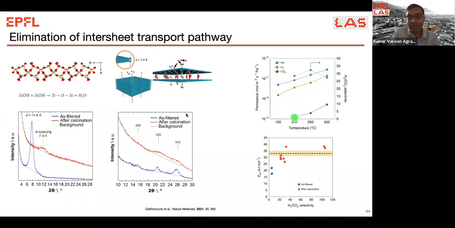And this is very nice because, by the fact that this is zeolite, we can really go to high temperatures, right? So we can go to 300 degrees C and still carry out this separation. So this is one of the few materials that can carry out hydrogen CO2 separation in a very stable way. This zeolite will not get affected in the same way as, for example, a palladium membrane will get affected when you bring CO and H2S, right? So this was quite interesting for filling in that void for pre-combustion capture.